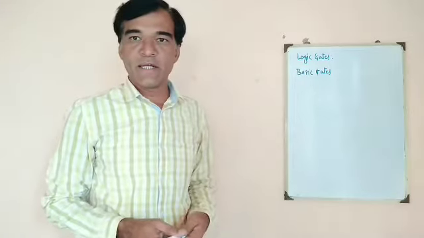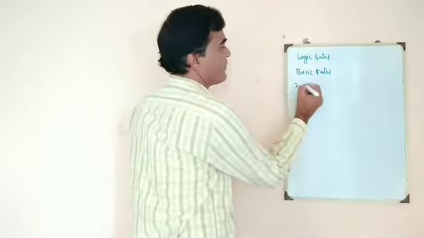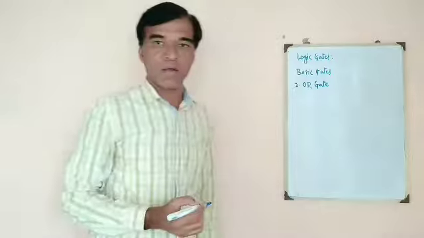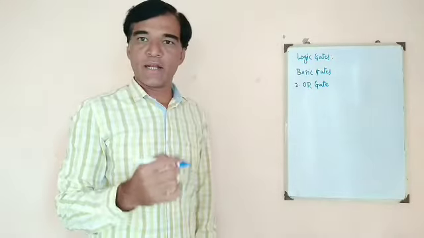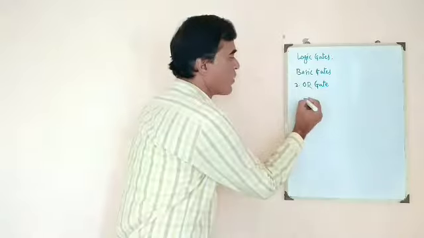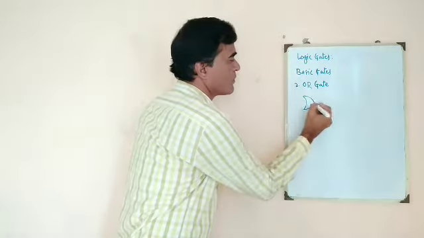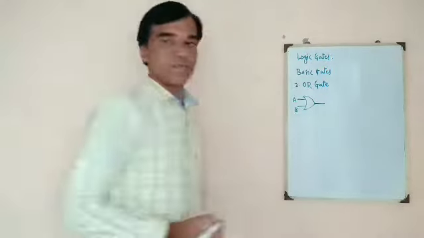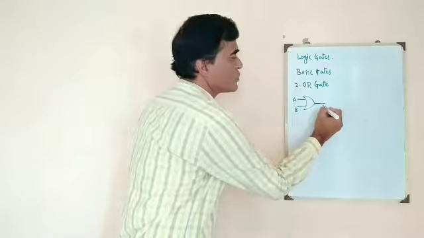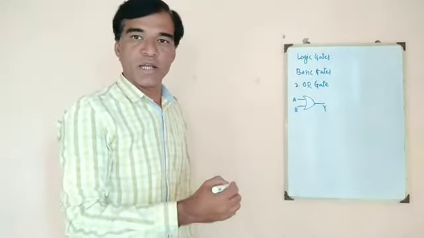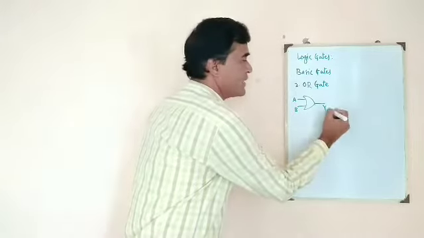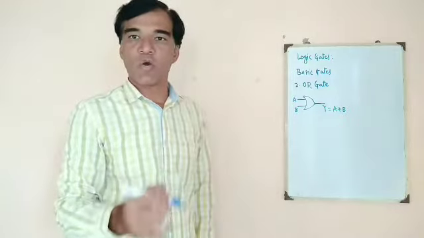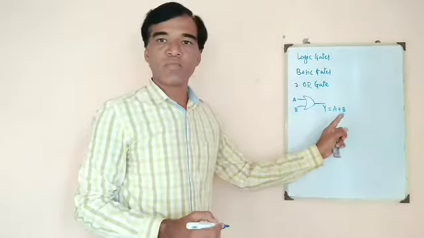The second basic gate is OR gate. OR gate, it has two inputs and it has one output. The symbol for OR gate is like this, which has the two inputs and it has one output. The logical expression for this OR gate is A plus B. It performs the logical OR operation, where plus is nothing but the OR operator.